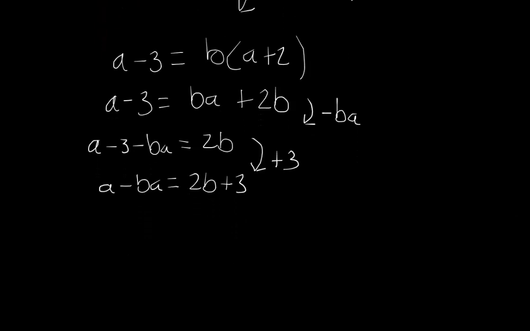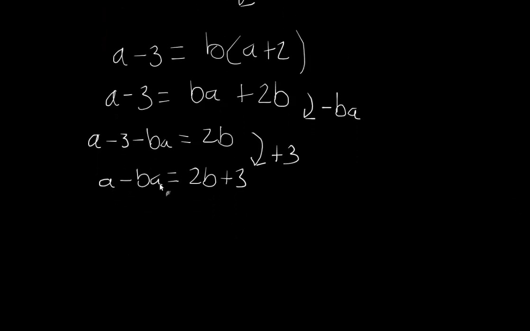Now this is the trick with this. Well, we've got 2 a's and it almost seems like, well, we can't just get 1 a on its own here. And the trick is to factorize, to take out this factor of a, because a goes into both parts. So if you take out a factor of a, so divide these parts by a, you get 1. A divided by a is 1. And from this one, divided by a, you just get b. And so we've reduced the problem from having an a in both parts, to just having an